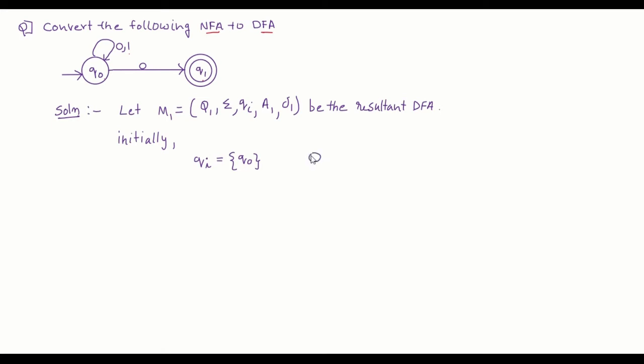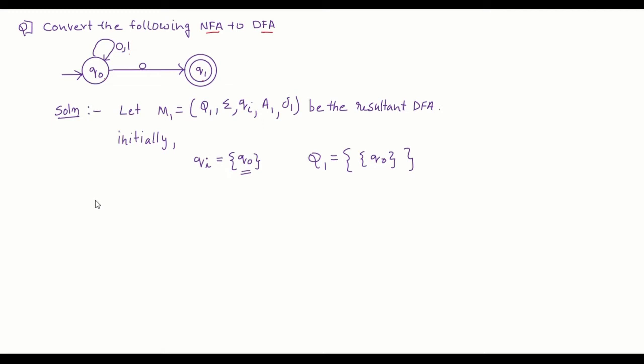Okay, now what about all the possible states of the resultant DFA? It is very difficult for us at this moment to find out what will be the states of the resultant DFA. But one thing is very clear. Since we have just said that Q0 is the initial state of this DFA, that means Q0 will be one of the states. So initially this Q1 I can very well initialize it to Q0. Although I don't know what other states will be there in capital Q1, one thing is sure, Q0 will be there as one of the states.